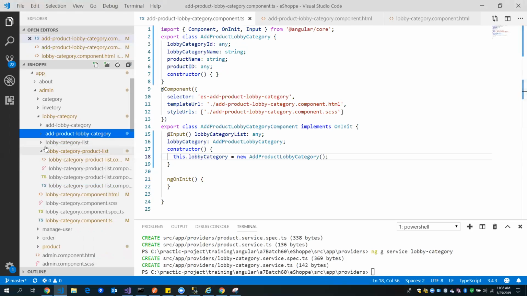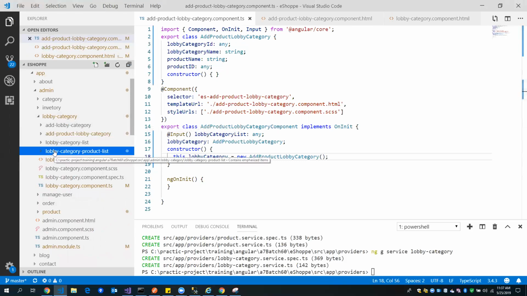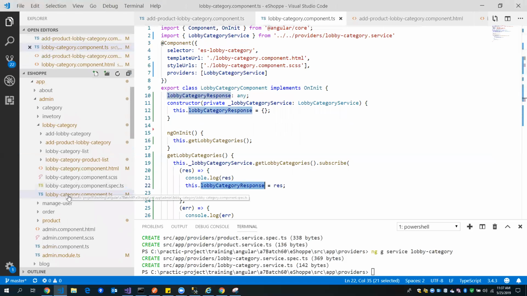So if you see in my lobby category, to be precise, there are 4 child components. Out of 4, only 1 child component requires this product service. So I should be putting this into the same component which is requiring it. If I had the slightest idea that more than one component may require the product service, then I should have called it in the parent one. Parent means the lobby component, just like I did for lobby category. But since it isn't the case, I should be calling it within the add product lobby